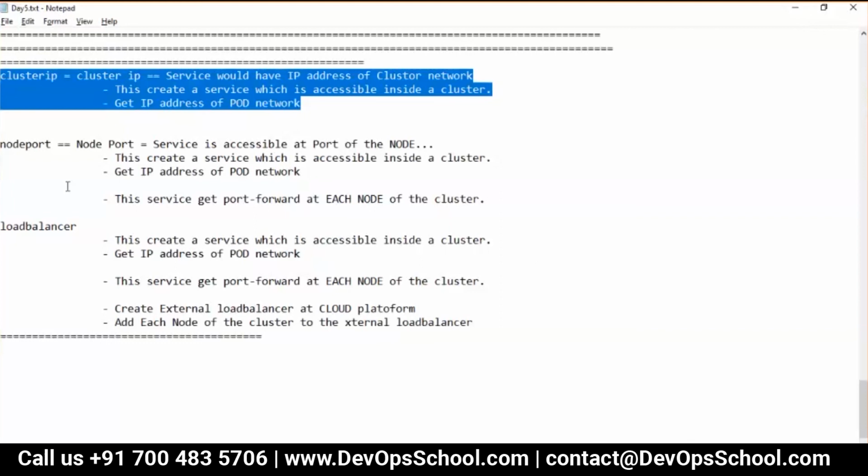That service will be accessible within the network, within the cluster. So that type of service we call ClusterIP.